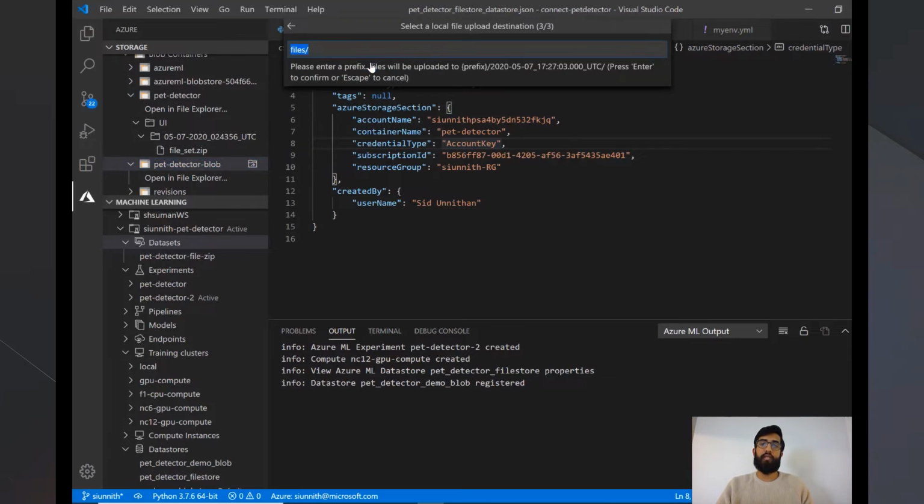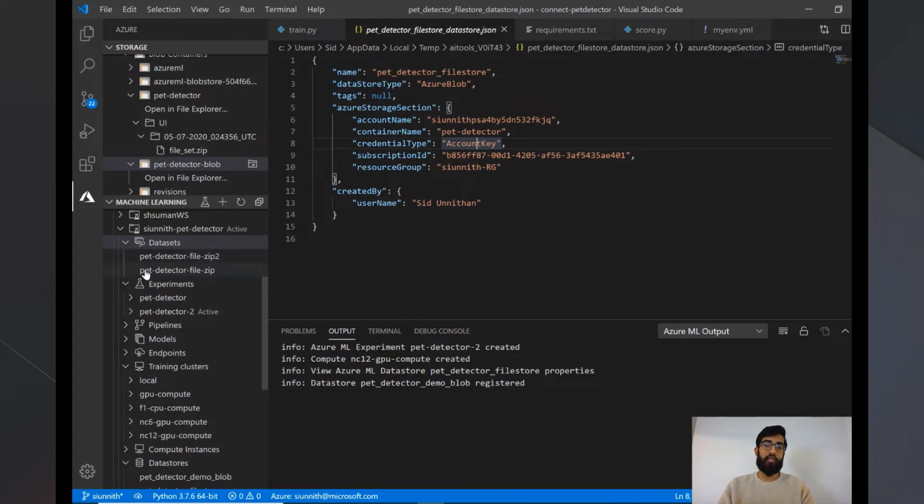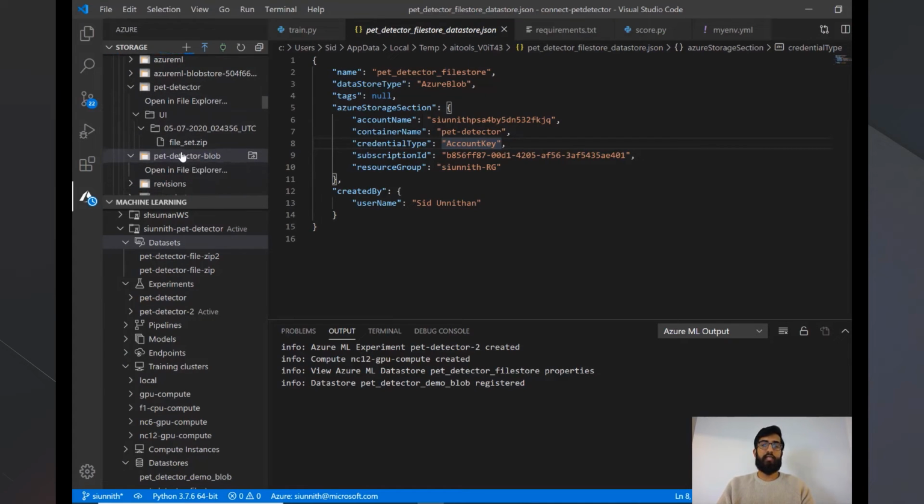So I'm going to choose the pet detector blob data store, and then I'm going to provide it with a prefix. The prefix just tells me what the path is going to be for the data that I'm uploading. This can just look like files or demo. And then you'll see that it's uploading the files to Azure Blob. Once the data set gets created, it'll show up in my tree view, as you can see here, pet detector file zip2. And then if I refresh the Azure Storage extension, what I'll see is that for this blob container,